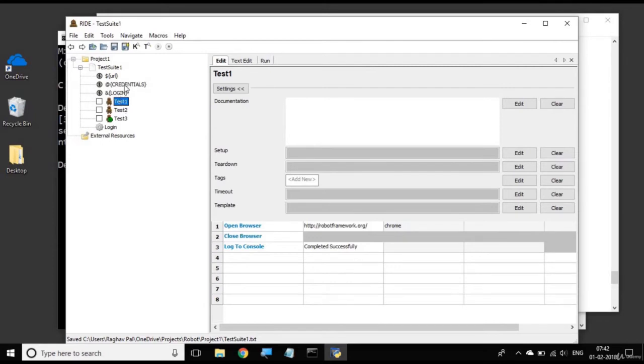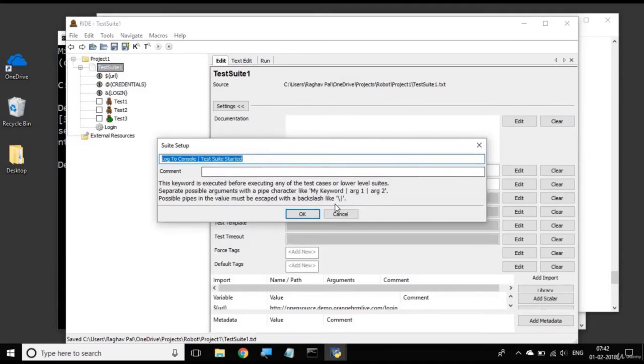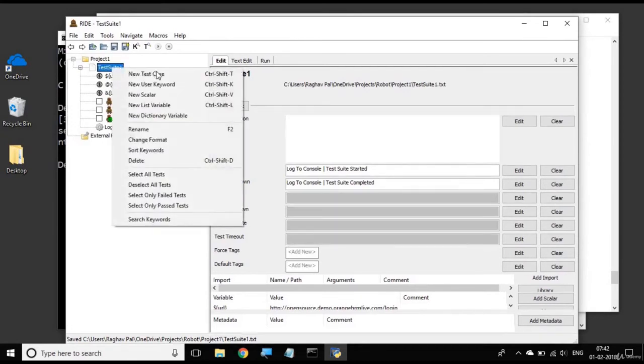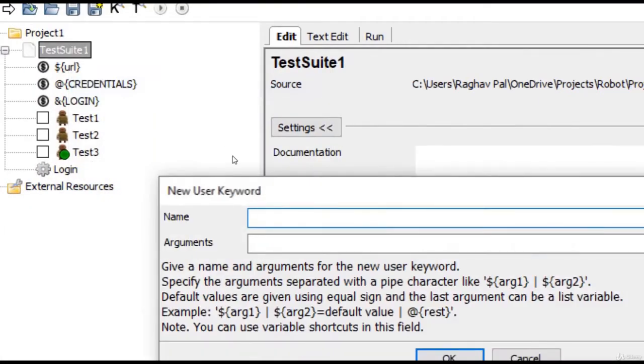So for example, I go to my test suite and I say that I want to open some particular browser before running every test case, because all the test cases use that particular browser. So what I can do is create a keyword. Let me do a right click and say new user keyword,